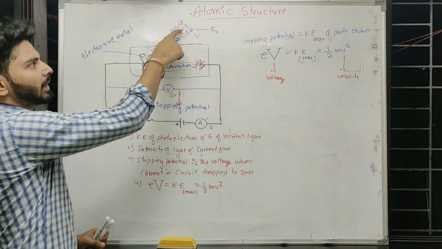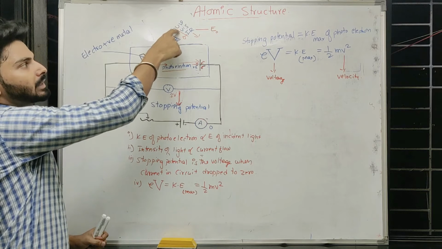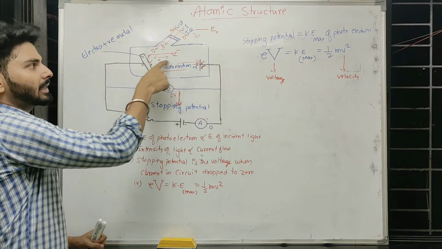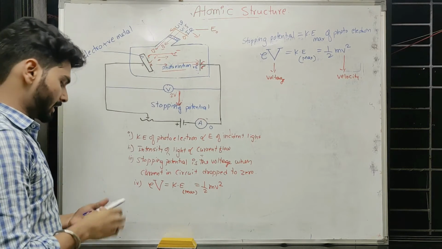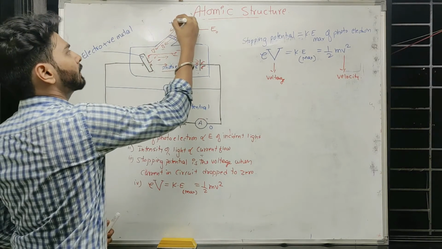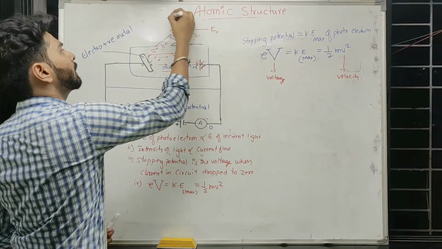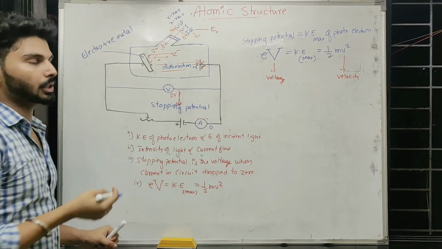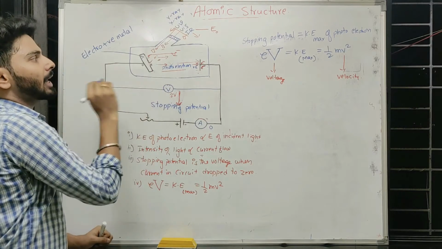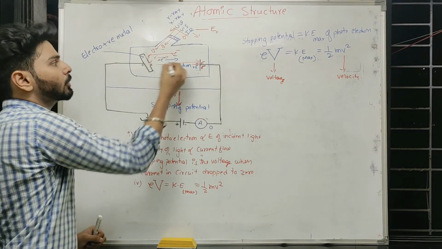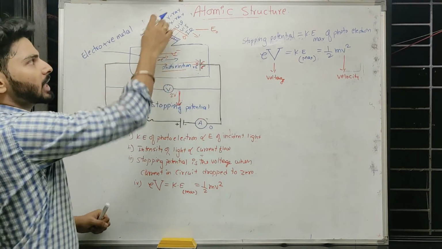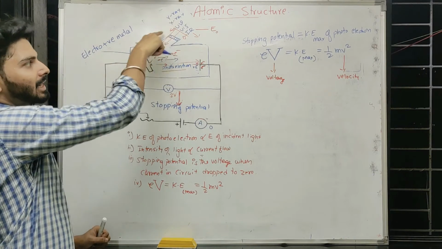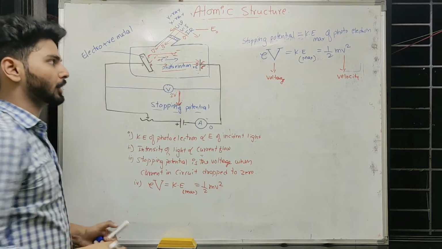We know that when I increase the energy of incident light, that will be reflected in the kinetic energy. When I increase, let us say, to X-ray, higher energy, gamma ray radiations, they have photons of higher energy. So they will also eject the electron, but the electrons ejected will have the highest kinetic energy because they have higher energy. So that means when I increase the energy of incident light, that will also increase the stopping potential, because